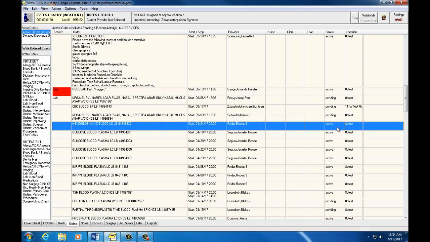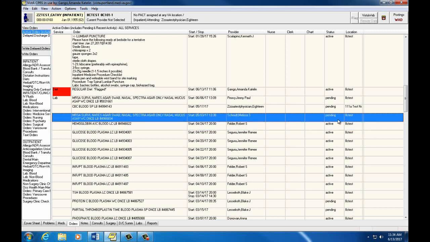Complete means the lab has been collected and a result has been entered in the system. Pending means that this lab has not yet been collected by an IV team or nursing member of the team. All completed status labs will drop off the system within several hours.